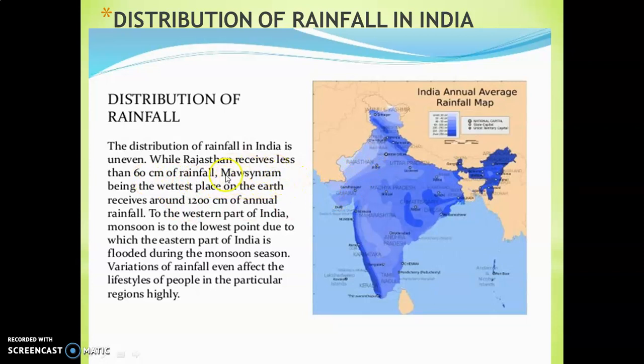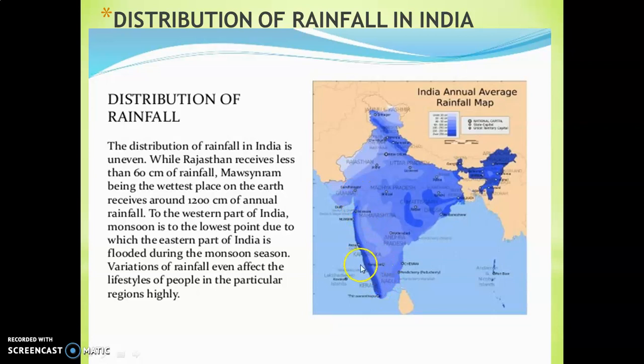Mawsynram is the wettest place in India. And Mawsynram is located in which state? Meghalaya. It receives around 1200 centimeter of annual rainfall. So the distribution of rainfall is totally uneven. Why? It's all because of